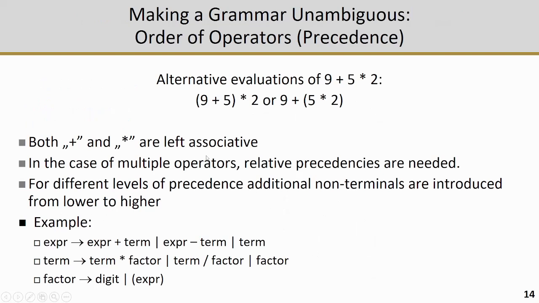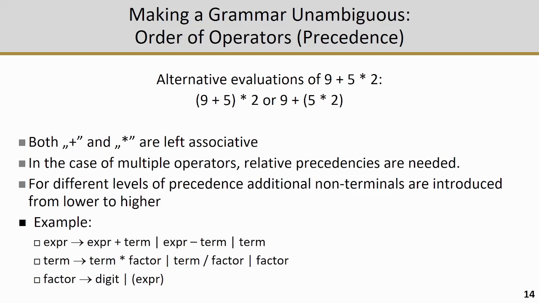Okay, and if you are going to evaluate expressions containing operators of different levels of precedences, then associativity is not enough. Somehow we have to clearly define the precedence of the operators, and the purpose is the same. Define the exact order of the execution of the operators, and as I mentioned, it is to be done in a way that those parts evaluated first have to be lower in the